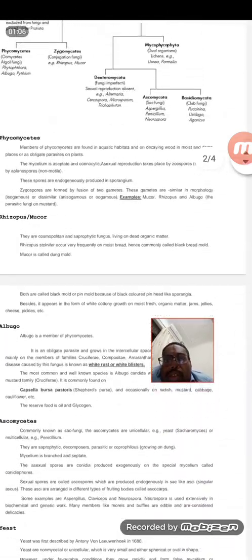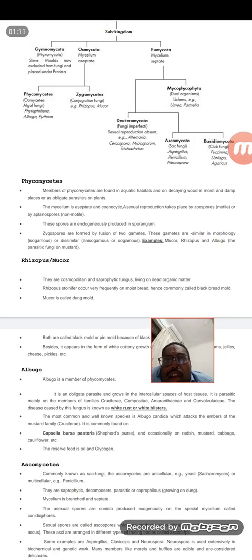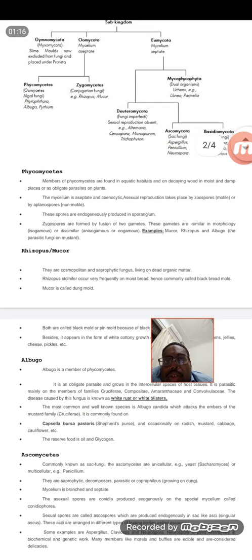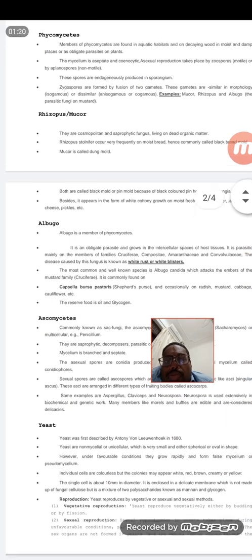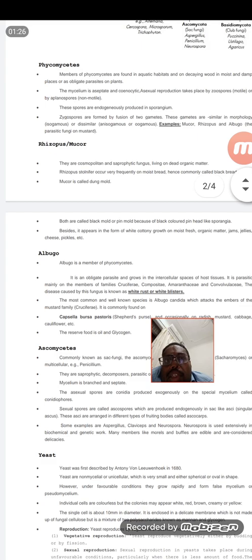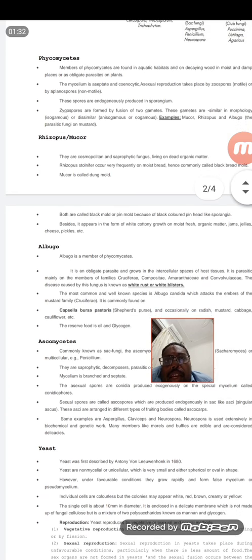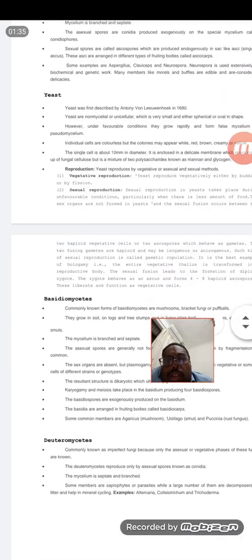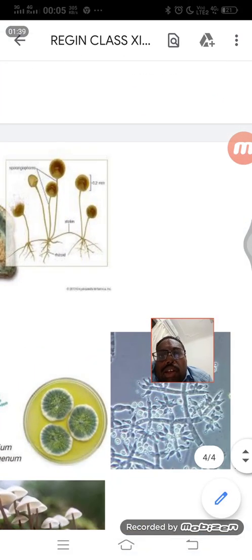The first subdivision of classification of fungus is known as phycomycetes, and this class of fungus mainly lives in water, that means in an aquatic habitat. When they are in an aquatic habitat, moisture is very important, and some of the time they are obligate parasites. One example for this is the bread mold, which is known as Rhizopus